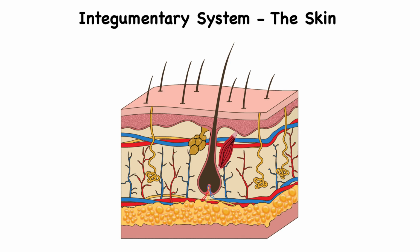The integumentary system is so much more than just skin deep. From layers of protective tissue and specialized cells to hair, glands, and nails, the skin is a remarkable first line of defense and an essential part of how your body interacts with the world. Understanding its structure gives you a deeper appreciation for how your body works to protect, regulate, and communicate, often without